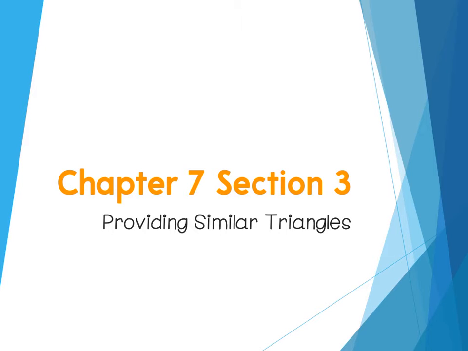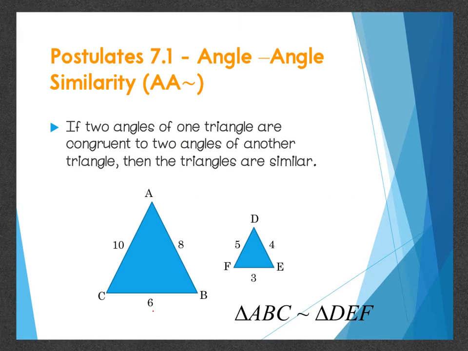Now we're going to specifically talk about just similar triangles. So similarity is still there, but now we're talking about just a triangle. And there's 3 ways to know that two triangles are similar. The first is angle-angle similarity. So if you have 2 angles of one triangle marked as congruent,